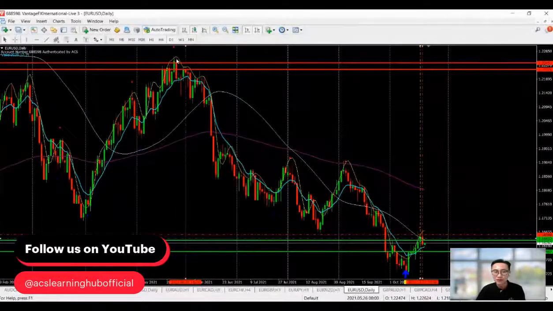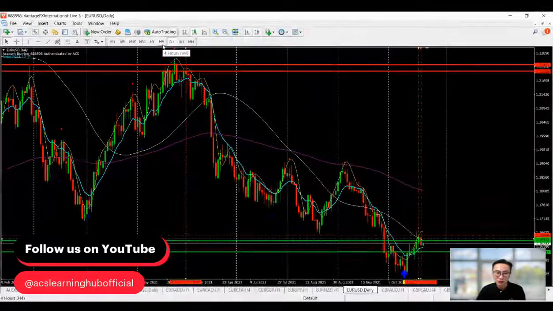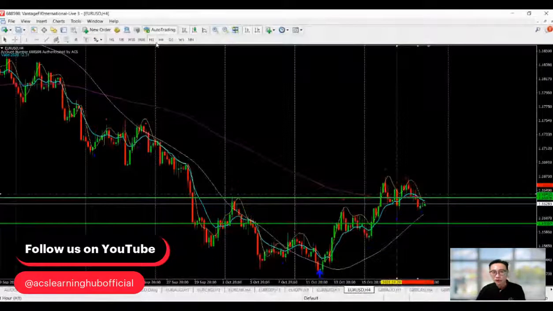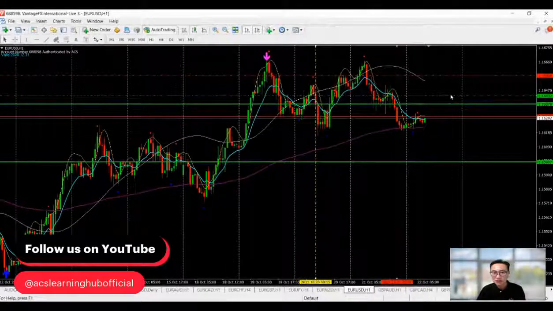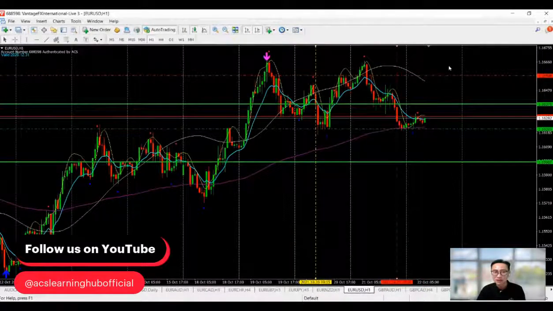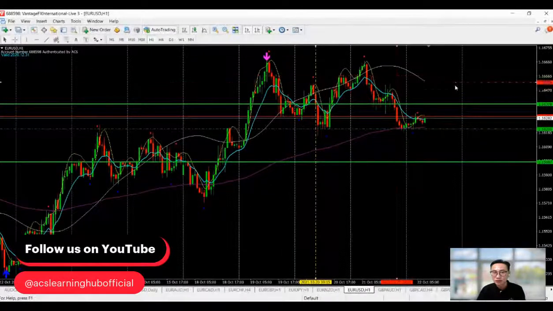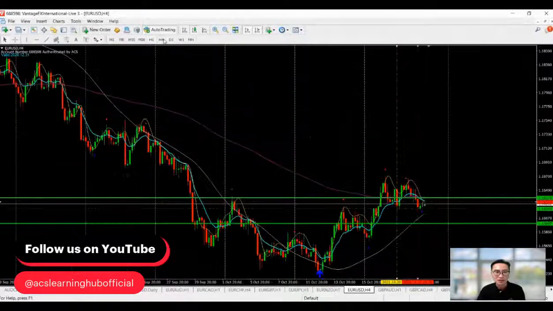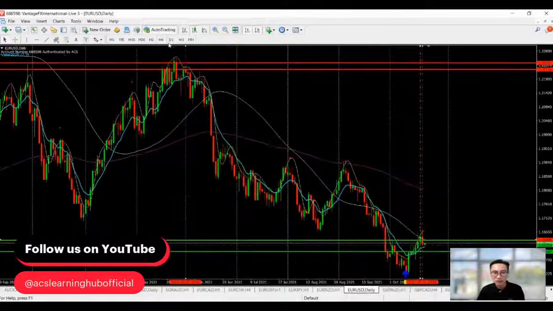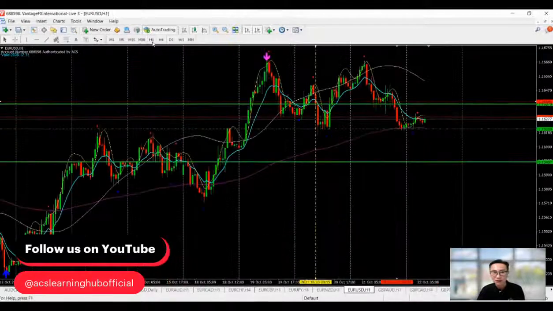All right, so euro dollar. Euro dollar over here, we are still facing this area of support here. So very likely it may retrace upwards. Since this morning when the market opened, I think we are already on the support over here. The area of resistance is still pretty near as well. So I think this one I will monitor first. I won't really take action on euro dollar yet.